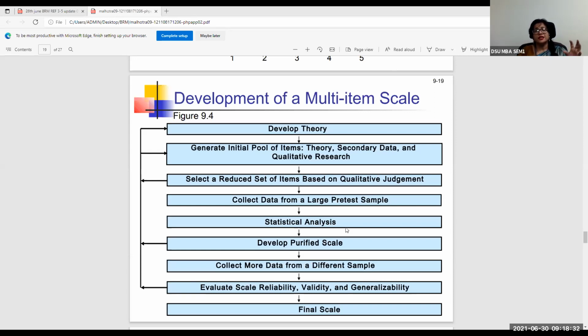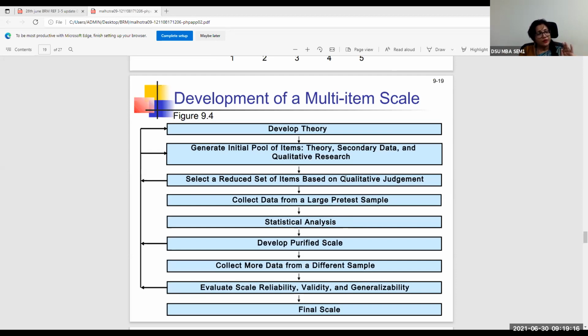So all of these things you can try and see on the items that you made in your questionnaire, and once you get the pre-testing done, from whatever data is coming out, you can do a small pilot analysis based on that. All right, and based on that, you can find the reliability of the scale, Cronbach's alpha. We will discuss that later. Find out the level of the Cronbach's alpha, that is the reliability score of the scale. And based on that, you decide whether you have to increase or decrease the items in the questionnaire, whether you should modify the type of items, all of that. And then, if required, you collect more data from a different sample, so that you check that, okay, these scales are actually valid.